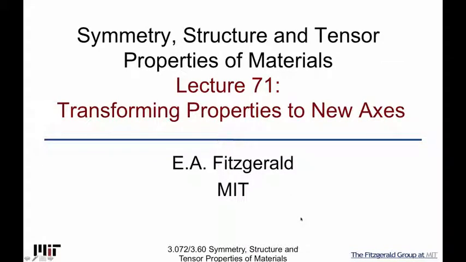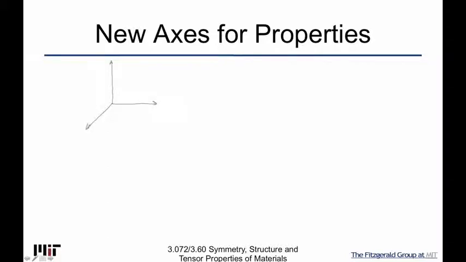Now that we have the notation started, we'll add to the notation in this lecture, but also you'll see that the purpose for adding and having some of this notation now is that now that we have established a convenient notation, we can transform properties into new axes. And in particular, we're going to take simply a force or displacement vector, which is the very simplest thing that we can transform. And the coordinate axes themselves we'll also talk about in the following lecture. So we'll continue to develop some notation and we'll talk about how to transform into a new coordinate system in this lecture. So just adding to our notation,